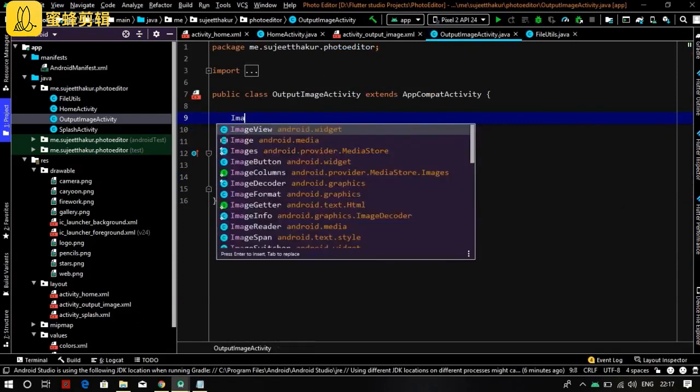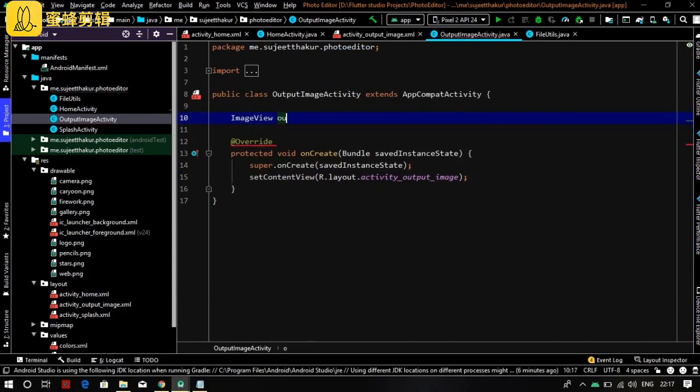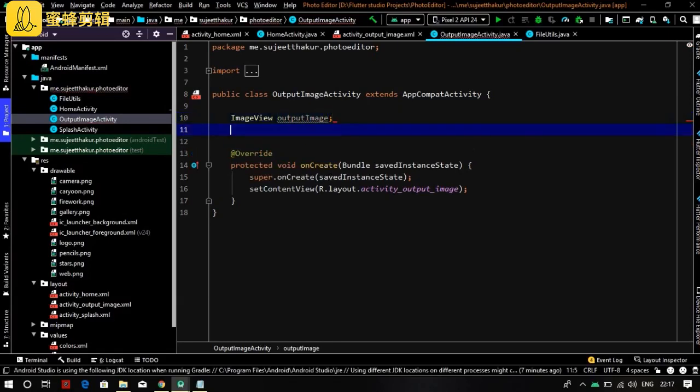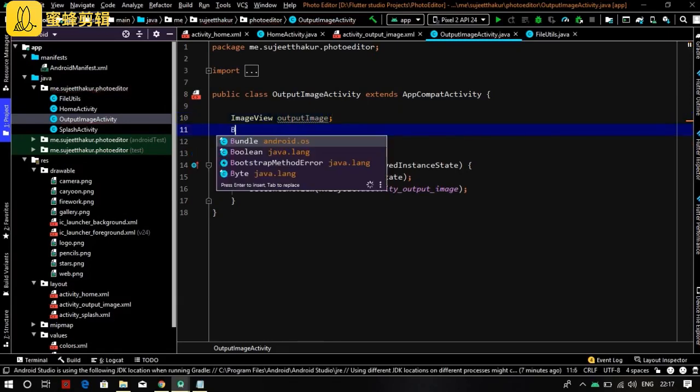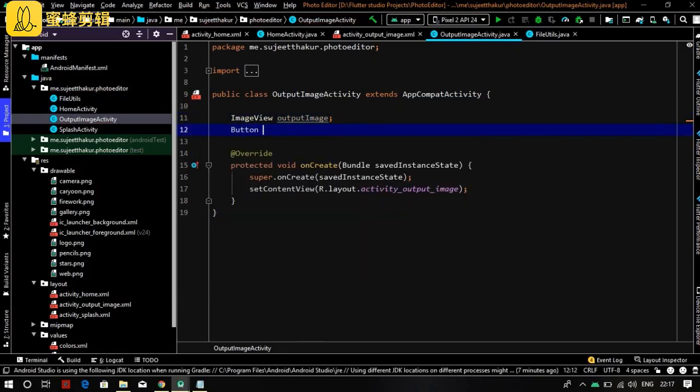Write ImageView output image and Button btn save.